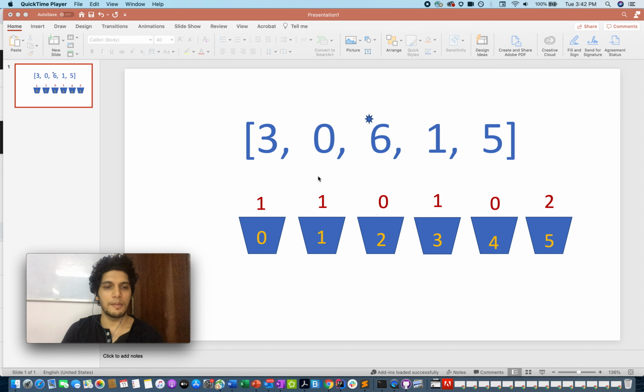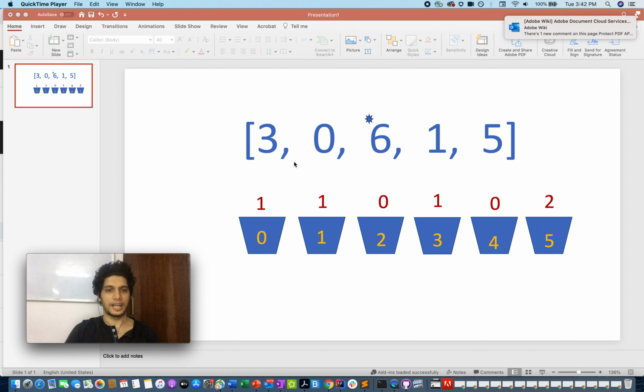So this is the same example that was quoted in the question. The elements are as follows: 3, 0, 6, 1, 5. We will be creating buckets of size equal to the length of the array plus 1. For example, the length of this array is 5, so you will be creating 6 buckets starting from the 0th index to the 5th index. And you will maintain a count of each element that was present in your initial array. There is a special case that needs to be handled: whenever the value at a particular index exceeds the length of the array, you will update the furthermost bucket, which in this case would be 5.